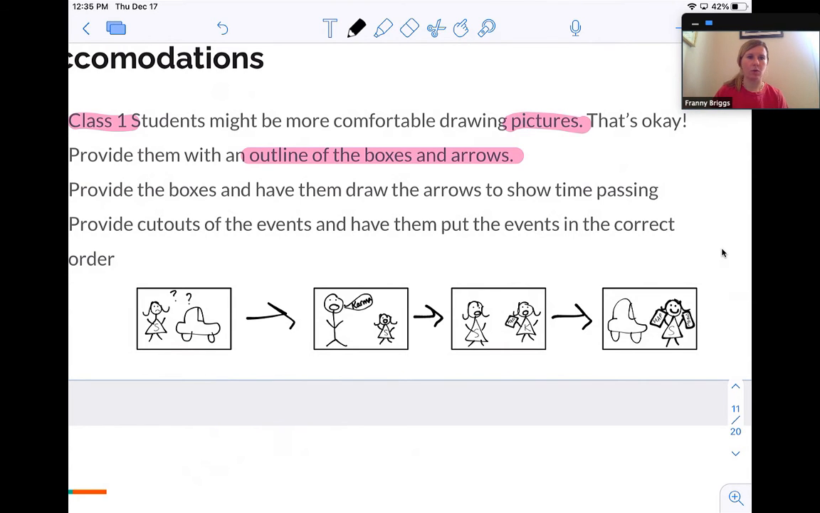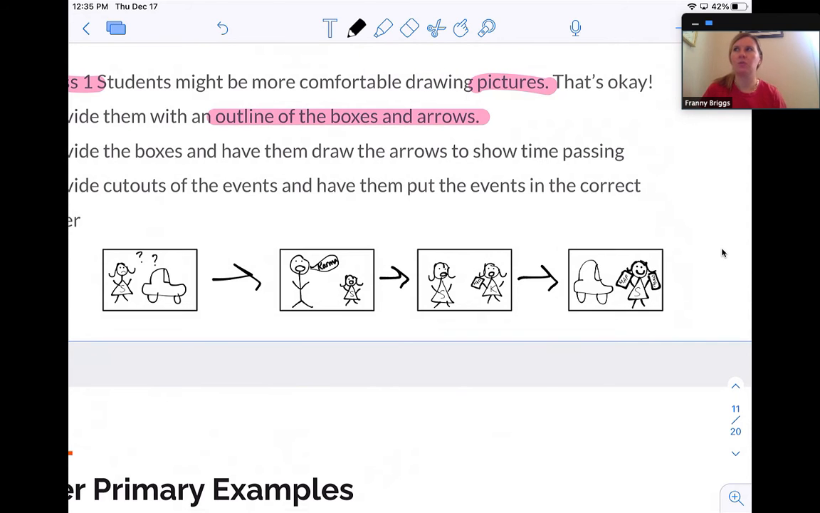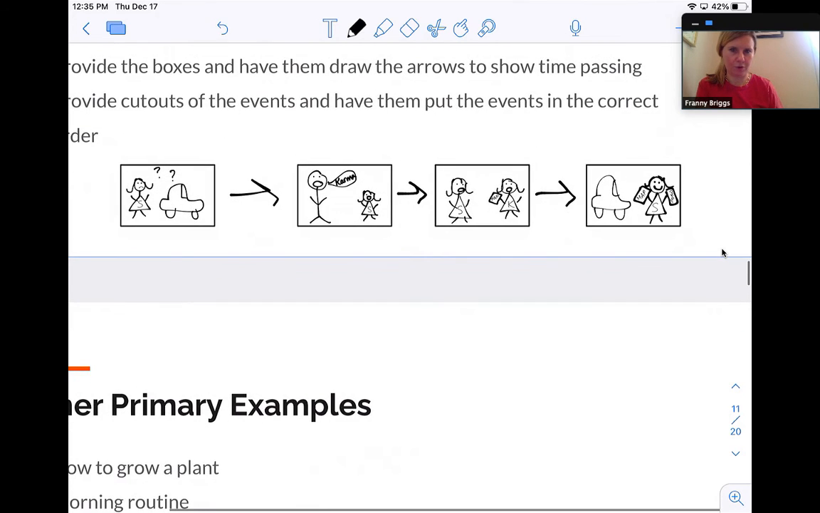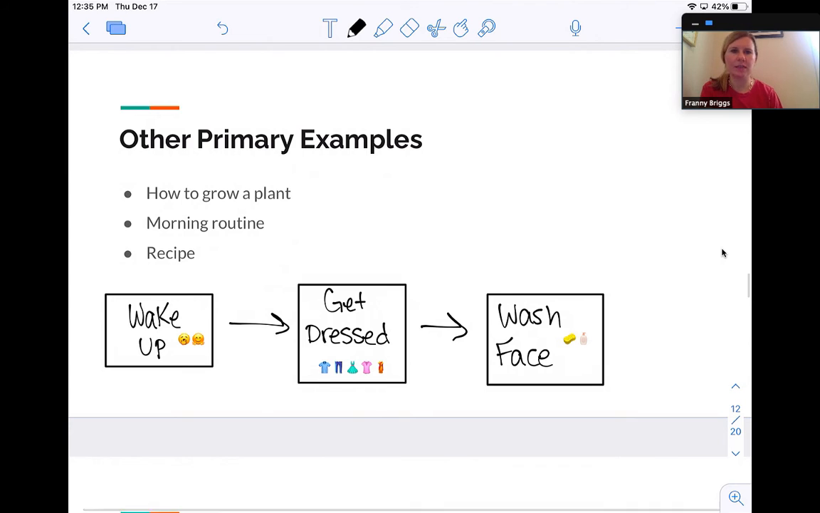And this doesn't require any reading. Our younger students have a lot of trouble reading independently. And so using the pictures, you're still assessing their comprehension without having them actually have to read and possibly get confused. Okay, some other primary examples, you could do something like how to grow a plant,